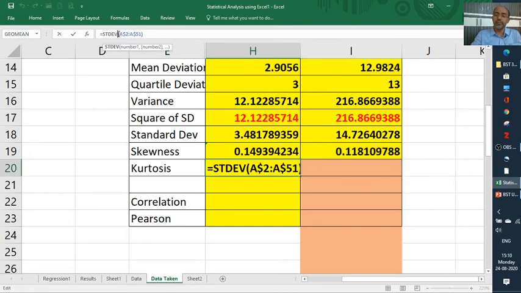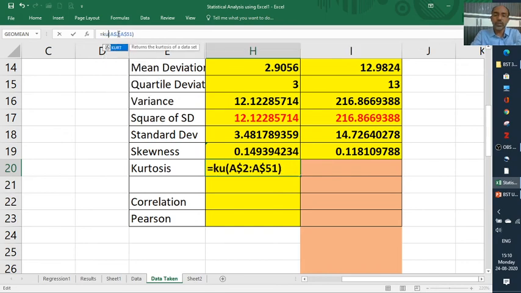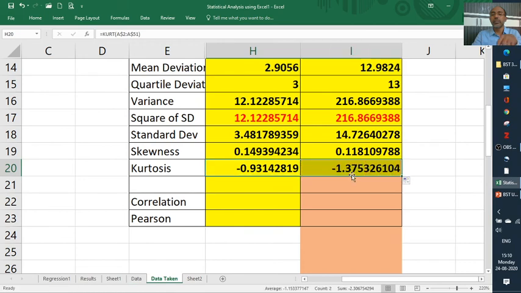Kurtosis has a very simple formula, KURT, that's all. So this is giving minus 0.93, negative. And this is giving minus 1.375.